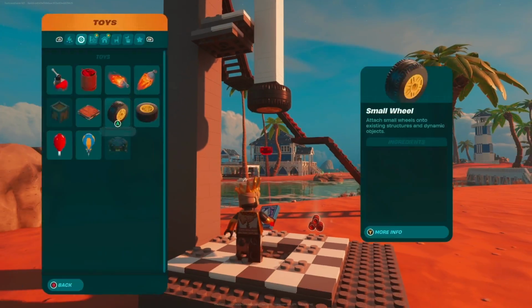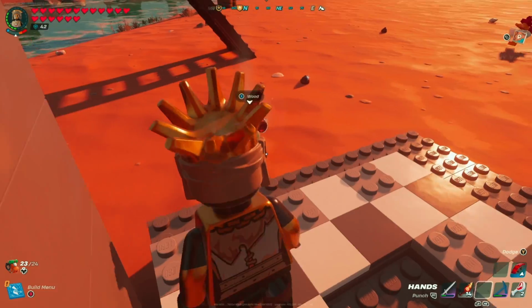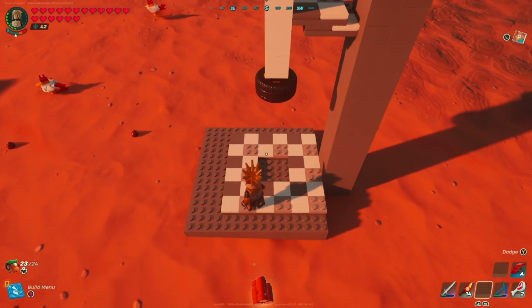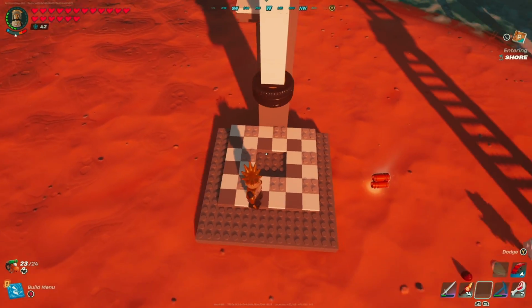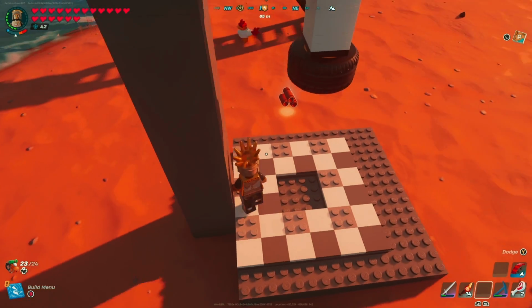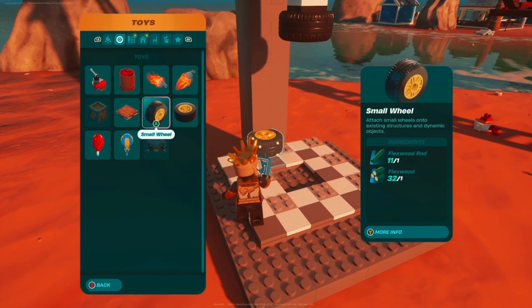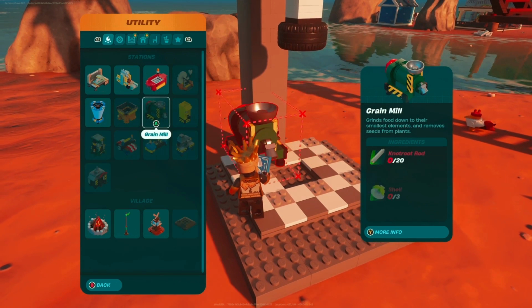Now the important thing here is to just go around and check to make sure that none of that part where the tire meets the actual post is hanging over, because that's not what you want. You want it to look just like I'm showing you right now. So now that we have that in, we can start by building what I call our kind of casing or